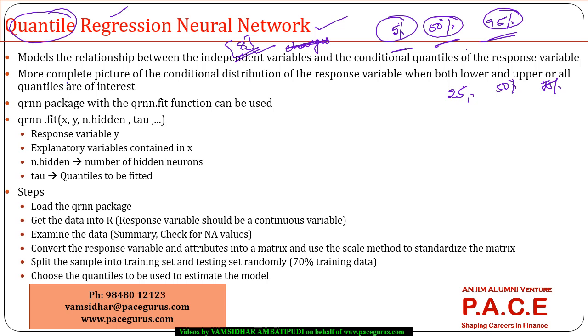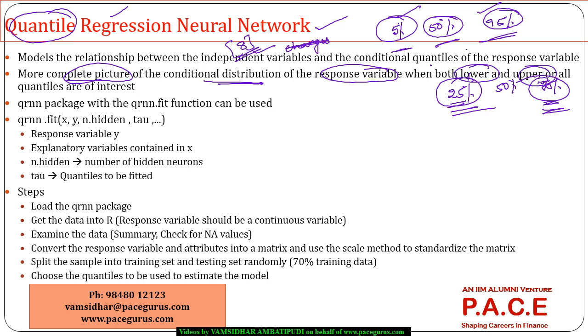So this gives me a very comprehensive picture of the conditional distribution of the response variable, because we can very well give different kinds of quantiles. If I'm more bothered about the extreme values, I would look at the 5 percentile and 95 percentile as the quantile. Whereas if I am more bothered about the mean behavior, I can go with 25 and 75. So I can very well give the lower quantiles, upper quantiles, depending on the kind of interest I have, which means I can track the overall distribution of the response variable quite comfortably by going ahead with this quantile